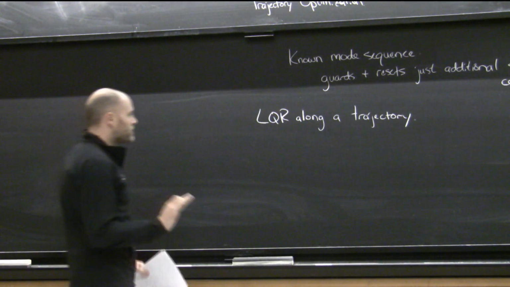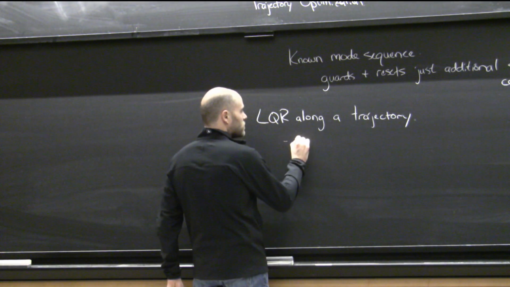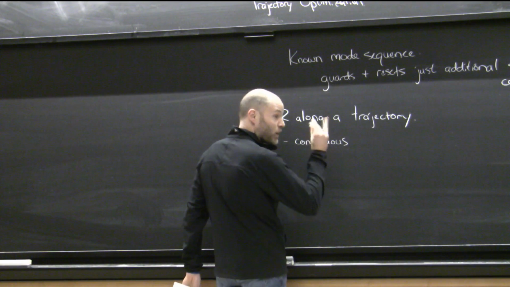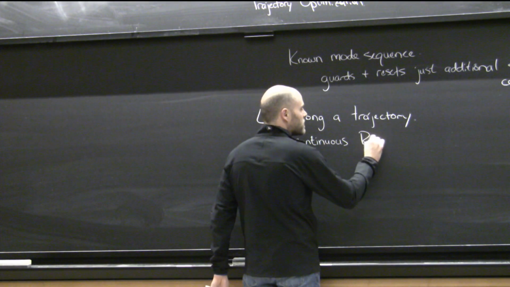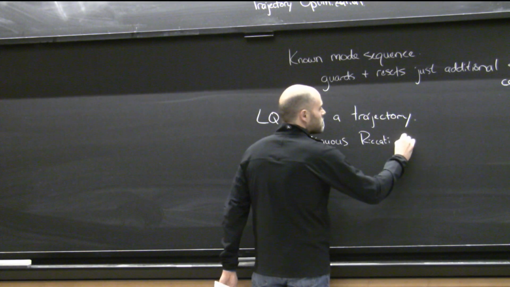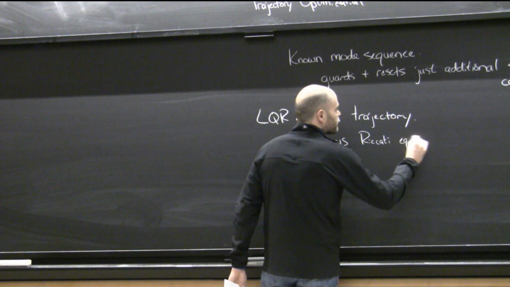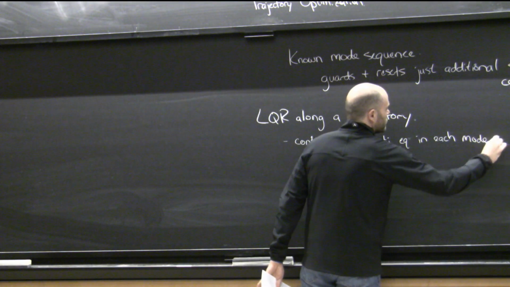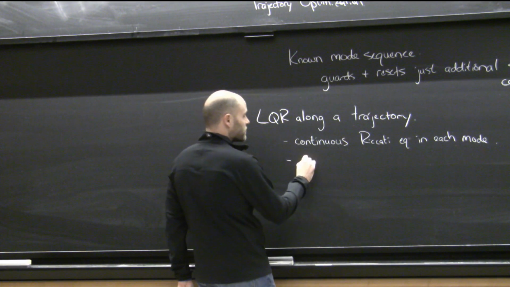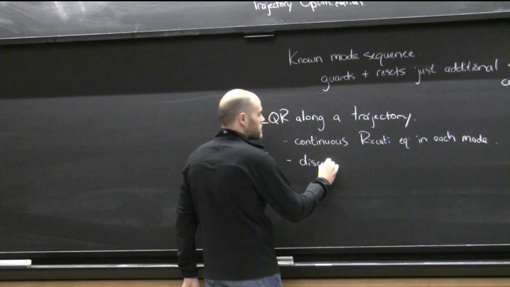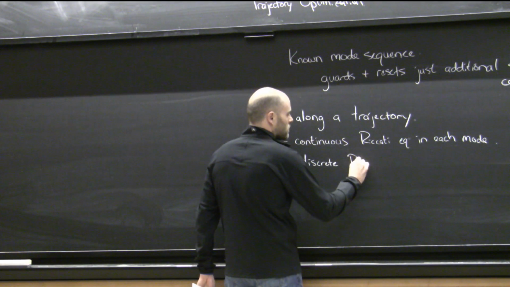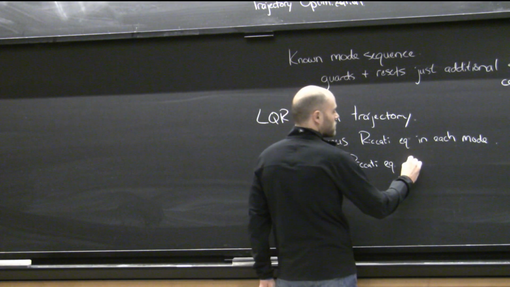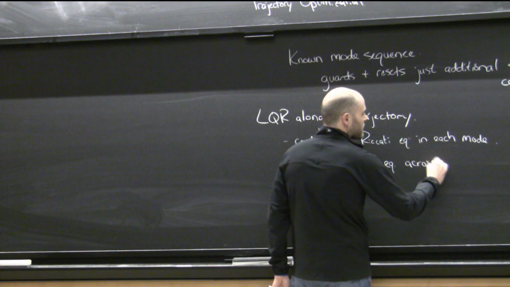And the idea, just to summarize, was that you would use the continuous, it's not an approximation, the right thing to do is to use the continuous Riccati equation in each mode, and you end up using one step of the discrete Riccati equation backwards in time across the resets,